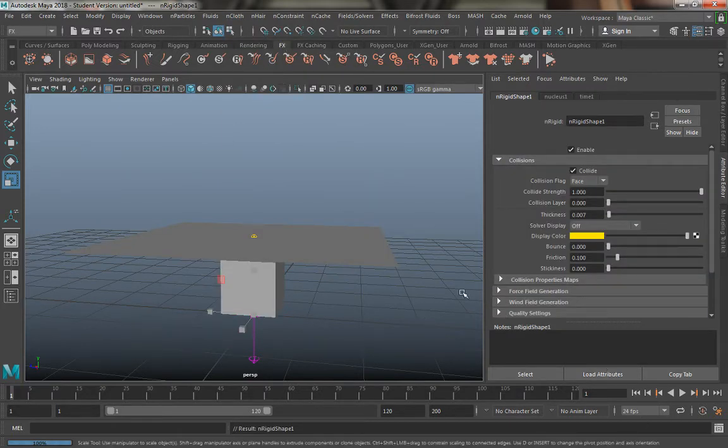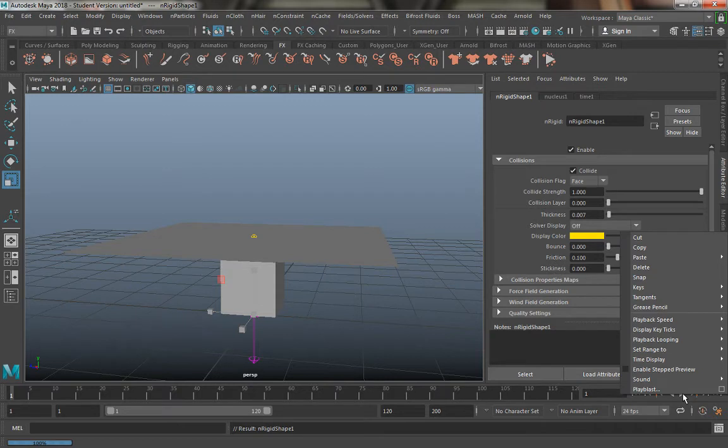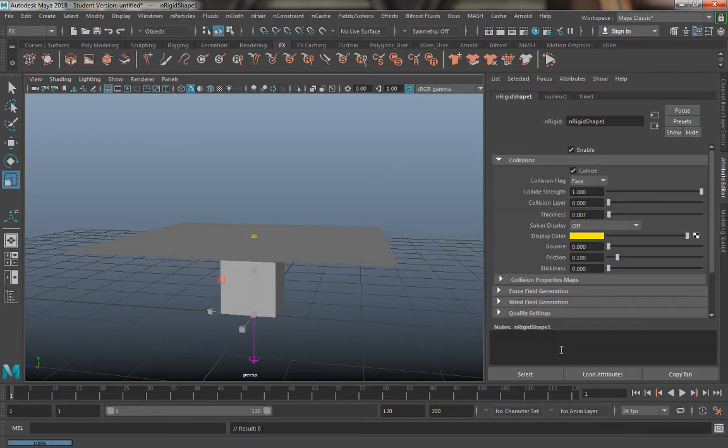Now from this point, I'm not going to mess around with any of the settings. I just am going to hit play. Just as a reminder, right click on your play button, and if you haven't done this already, go to playback speed. You can do real time, you can do play every frame, play every frame max real time. I'm going to try that one only because I am running extra software right now, so hopefully that might help a little bit, but otherwise normally I would just have it as real time. I'm going to hit play,